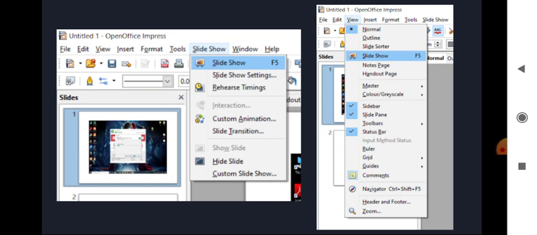To move to the next slide, we can use the down arrow key or right arrow key, and to move back to the previous slide, we can use the up arrow key or left arrow key. And the escape key is also there. For coming back to the normal screen mode, or you can say just exit the slideshow, we can use the escape key. To exit or to end the presentation, we use the escape key.